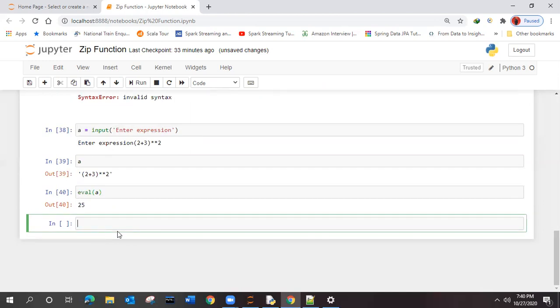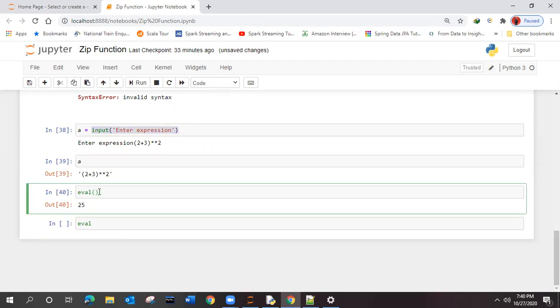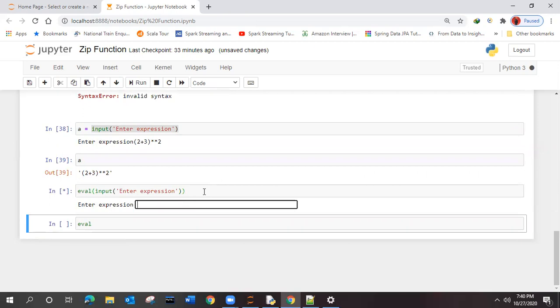You got it, right? Now let me further modify this one. The first time I didn't show you because it may confuse you. Instead of storing the value into A and then A being passed as the argument, we can directly give the function itself, right? 2 plus 3.